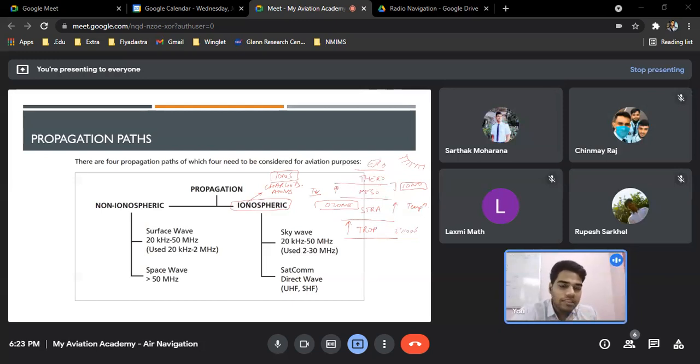Why are we discussing this? Because these atoms are charged, and as I told you in the beginning, radio waves have frequency, and frequency is nothing but energy. Energy is also a part of charge. So this is the basic logic you have to apply. Why are we studying this?